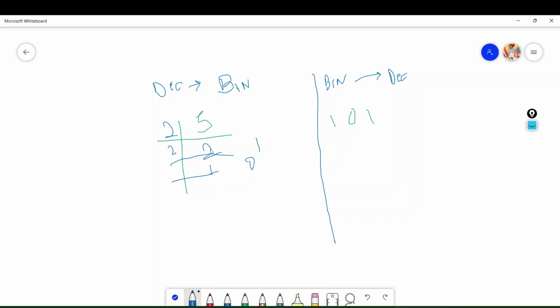In the next step, since 1 is not divisible by 2, we'll write down this remainder right here. And now we will start traversing these digits from the bottom to top approach, and the number we get at the end is our final answer. So this will be the final representation of the number.